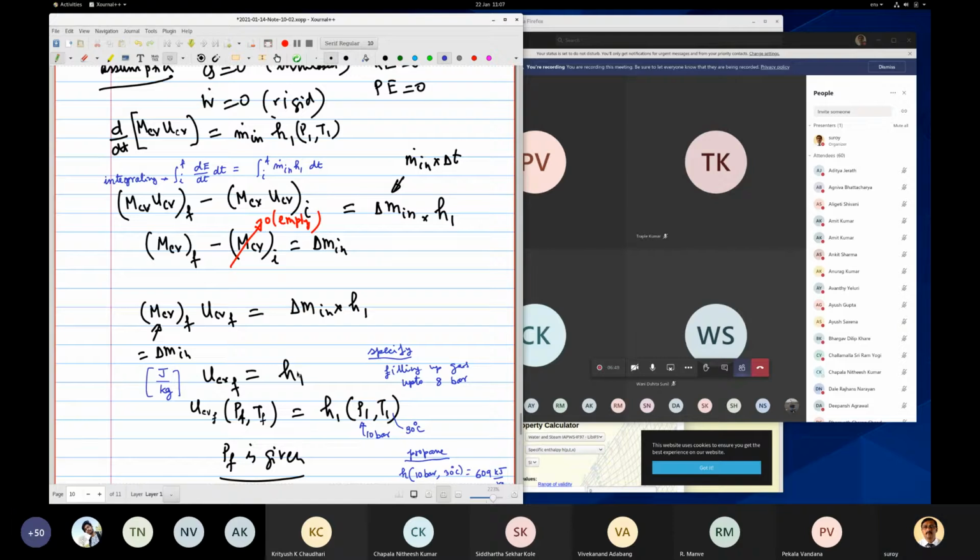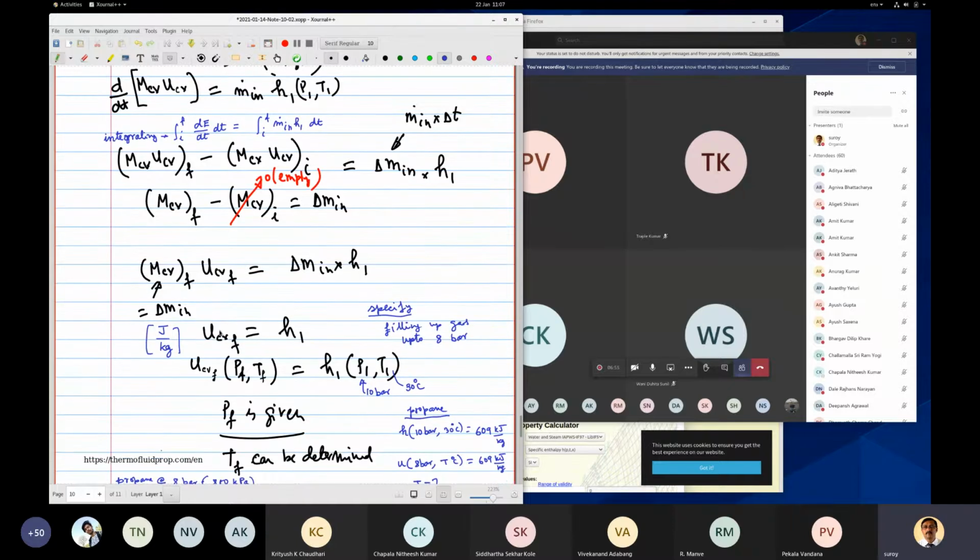Now, this is internal energy and this is enthalpy. But enthalpy is internal energy plus flow work. So the difference between them is the flow work. It is the flow work that is responsible for increasing the temperature here. See, internal energy is equal to enthalpy right here. That means the internal energy here,